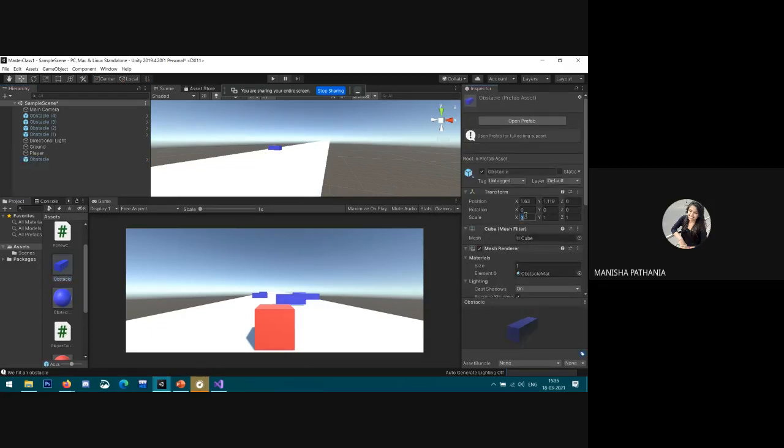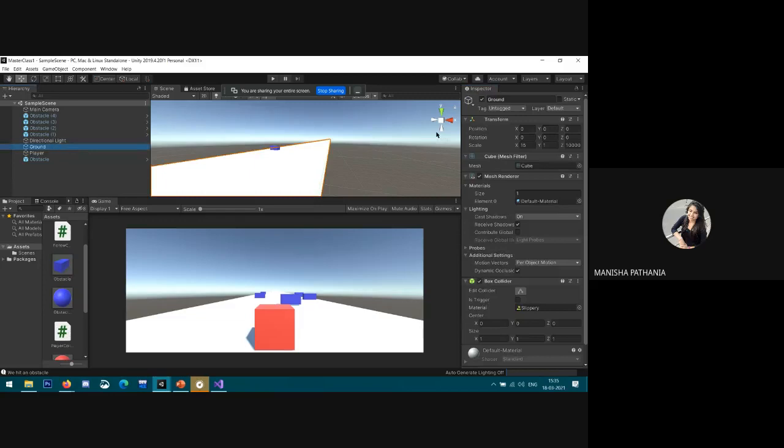Okay. So scaling it back to 2. And go to the ground. Extend it, scale it something like 15 in the x direction, 1 in the y direction, and 10,000 suppose in the z direction. Okay, so I need to set the position also, the ground position.